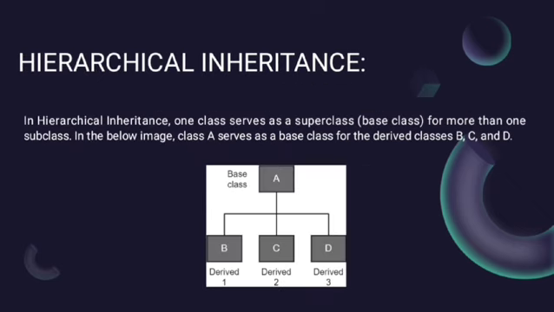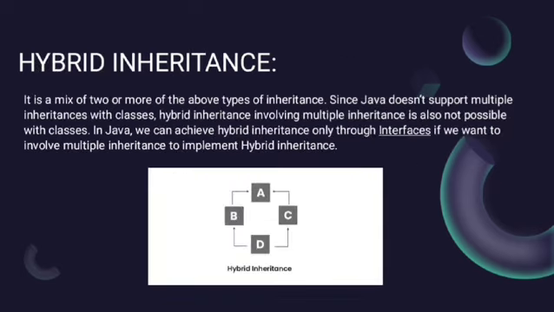Hierarchical inheritance. If a number of classes are derived from a single base class, it is called hierarchical inheritance. Types of inheritance in Java. In the above figure, the classes Science, Commerce, and Arts inherit a single parent class named Student. Hybrid inheritance. It is a mix of two or more of the above types of inheritance. Since Java doesn't support multiple inheritance with classes, hybrid inheritance involving multiple inheritance